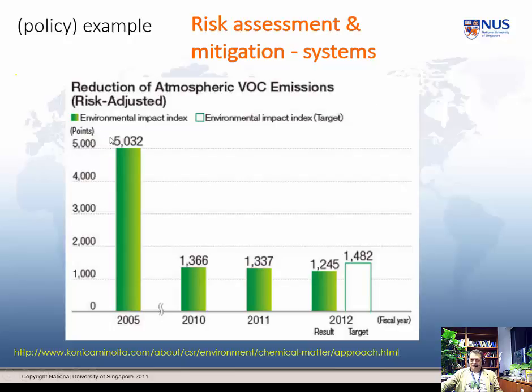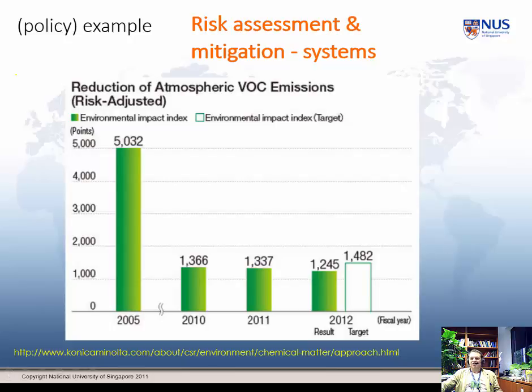Let's look at some measurements at their verification system. Okay, so here is their hazard index points. Back in 2005 it was at 5,000. Their hazard rating by 2012 was down to about 1,200. Their target, their policy, which is what this is, it's a policy example, was actually about 1,500. So they had met their 2012 target. They then have more targets going on in future years to further reduce their risk profile,